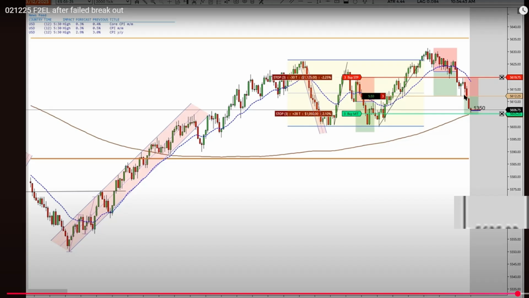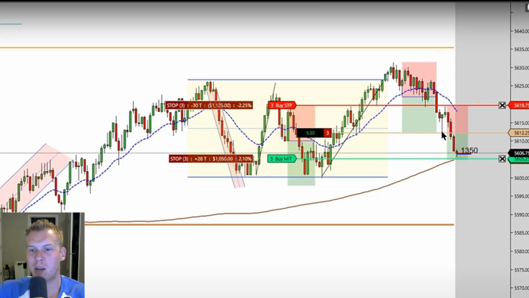I would be hesitant on trying to sell here, because even though a trap is happening, you're selling lower. You're selling in the lower half of the range, and I think it's more challenging to be trying to do a trap here because you're lower in the range now. I think a better trap would be selling somewhere up here. So instead of trying to take this trap here lower in the range, I think it'd be better to be looking for a trap higher in the range.